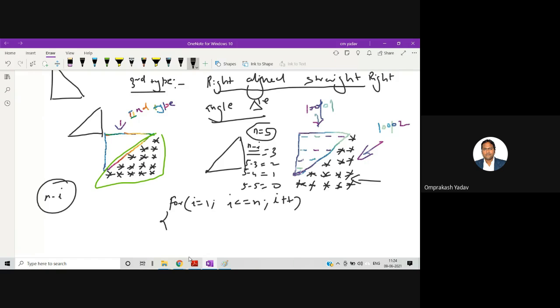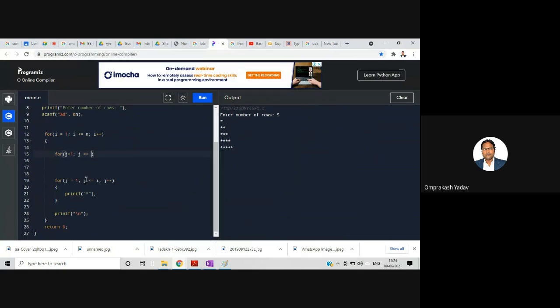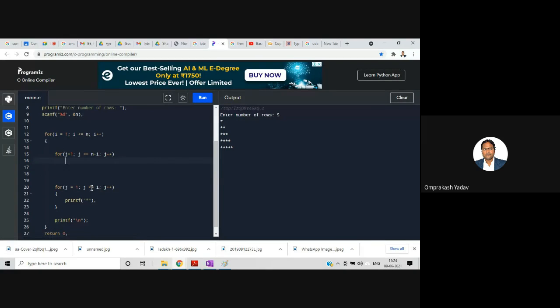So what I can do here, I can say j less than equal to n minus I, j plus plus. So I am running the first loop till j less than equal to n minus I, and I'm printing printf. So I'm just leaving one blank space, or let me show you with the minus sign, then later I can print with the blank one.